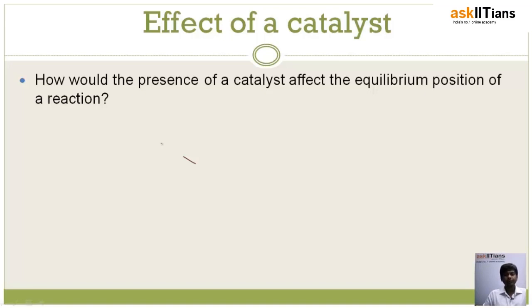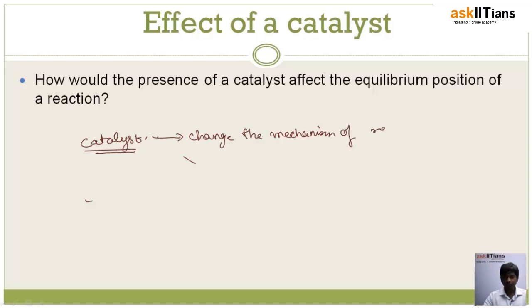Why do I say that? Equilibrium position is the amount of thermal energy at which the reaction is going to happen. It is basically the amount of thermal energy, or the amount of activation energy, at which the reaction is going to happen. Now a catalyst will do nothing but change the path of the reaction, or change the mechanism of reaction,